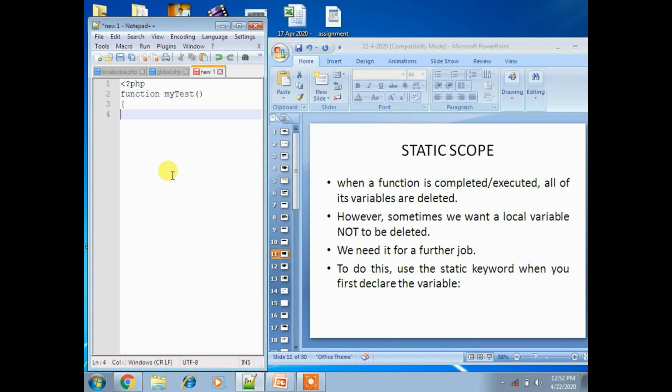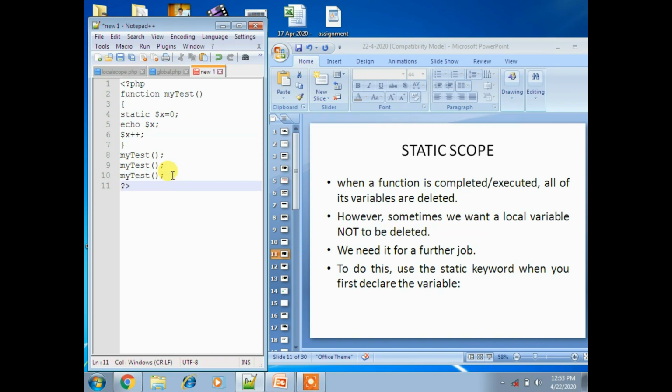Now I am declaring static $x = 0 and echo $x, and then $x++, incrementing the value. And now I am calling my function myTest 3 times.